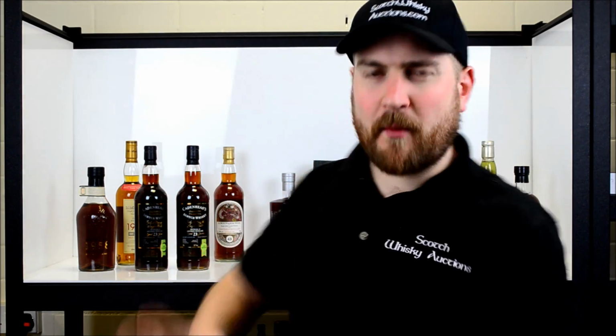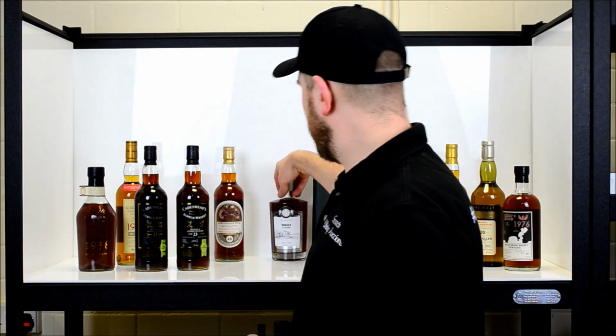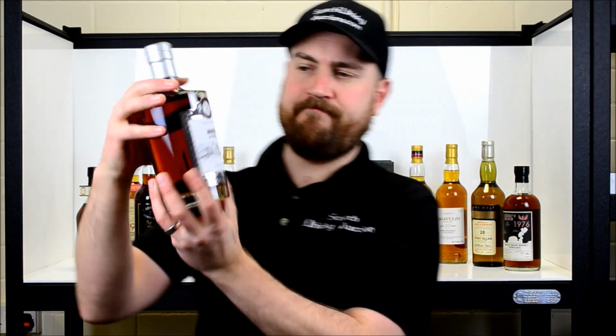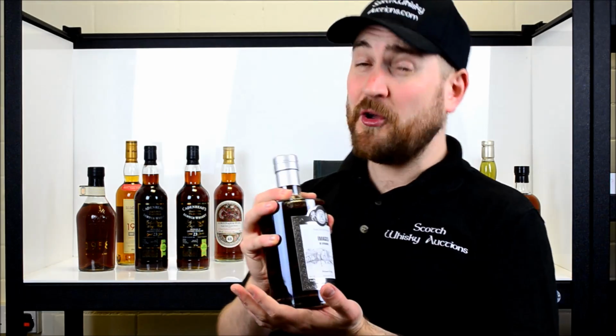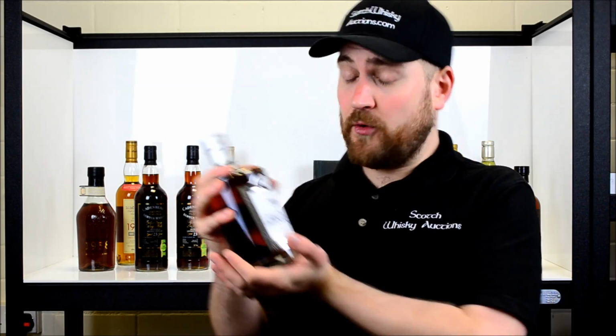We like old whiskey, but we also like new things here at Scotch Whisky Auctions. We're not afraid of new, young, exciting spirits. So what we've got here, images of Ayrshire. It's got a nice wee picture of the Dalrymple Bridge on it. It's one of only 328 bottles released. It's bottled at a frankly eye-watering